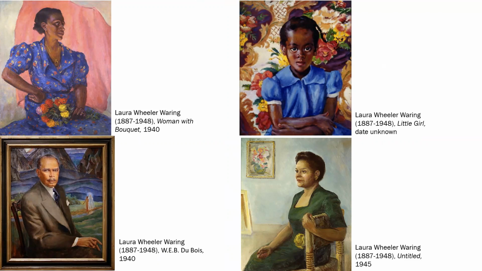We've got Woman with a Bouquet, a woman you may find on the street in Harlem in New York City. She's wearing this beautiful dress and jewelry, and she's wanting to capture the essence of that time period. She also has a portrait here of W.E.B. Du Bois. During her lifetime, Laura Wheeler Waring was often criticized for painting these famous people from the Harlem Renaissance, saying that she is an elitist in the way that she is only painting portraits of those who are famous. I would definitely counteract that argument and say that there is nothing wrong with painting portraits of powerful Black people from this time period.